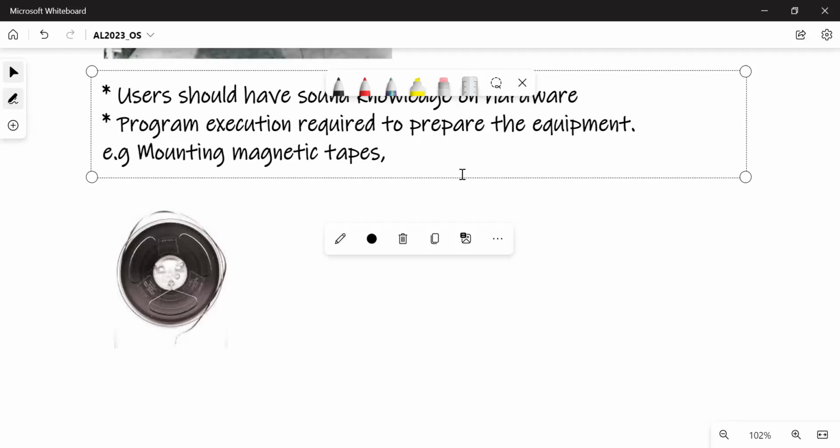So mounting means you have to set the tape, and you have to place punch cards.